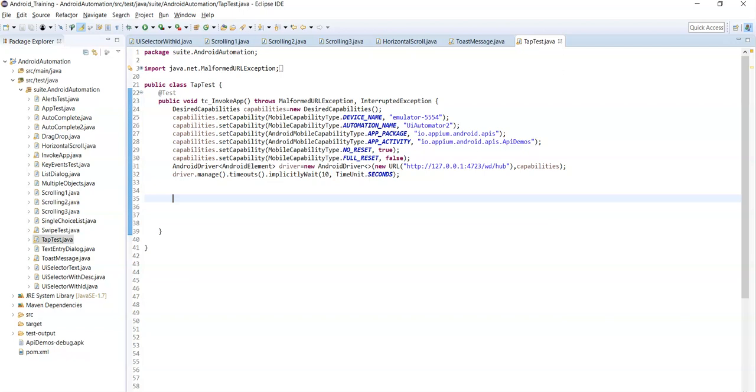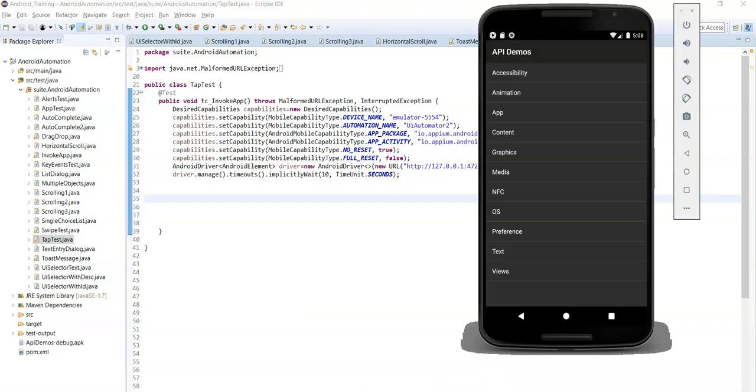Let's see an example to tap on Views name. Open the app and simply tap on this Views name. Previously we have clicked on Views name. Now how can we tap on this Views name?